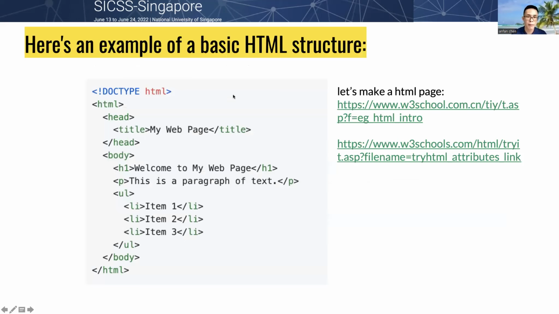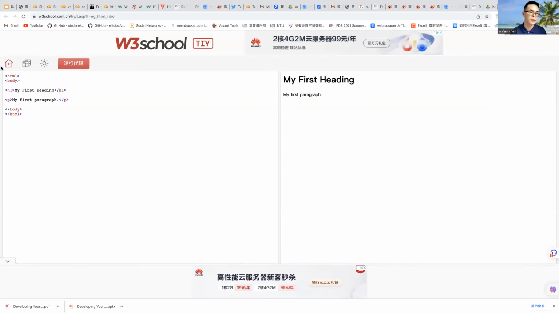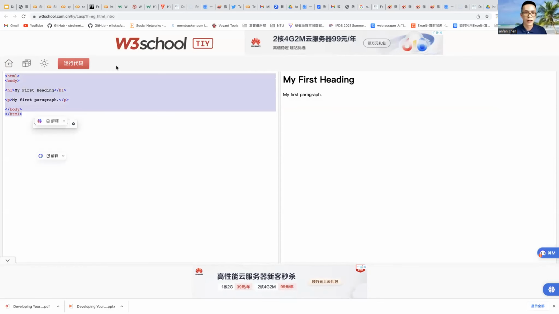And here is an example of basic HTML structure, as I showed above. The HTML body and the content is welcome to my web page. And let's see your HTML page. This one, this is the HTML, and if you run the code, you can see this is what is displayed on the web page.